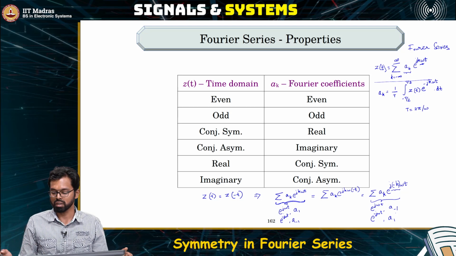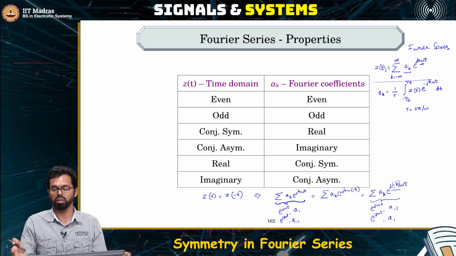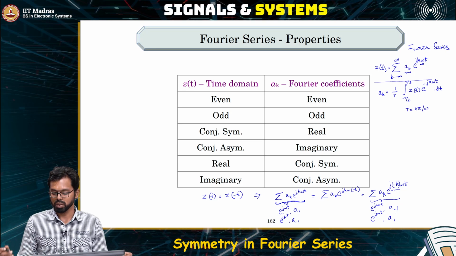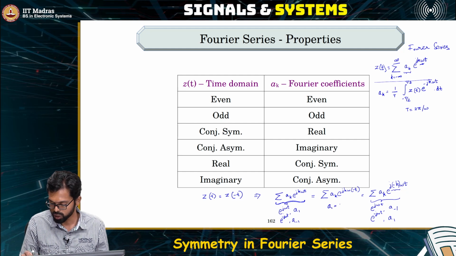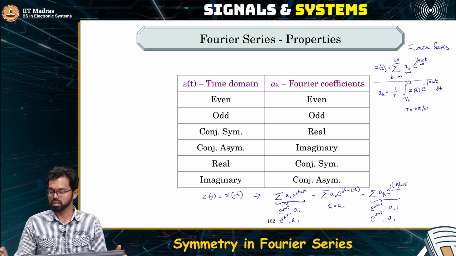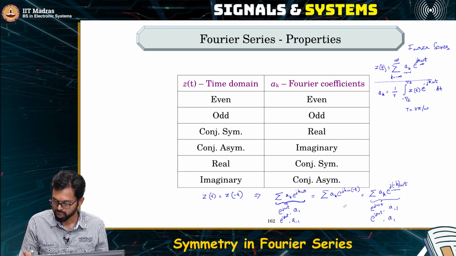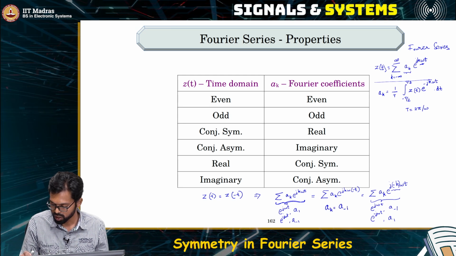But the coefficients have to be equal, right? We can directly compare the coefficients on the left and right hand side because we have all the components as such. So comparing coefficients, we can say that a1 has to be equal to a minus 1, only then we'll have this equality satisfied. Extending this to all other values of k, we have a_k is equal to a minus k,